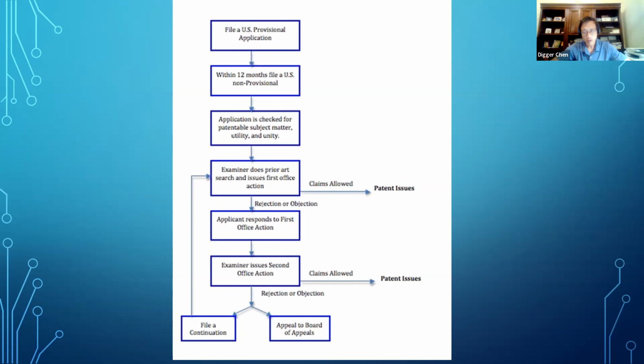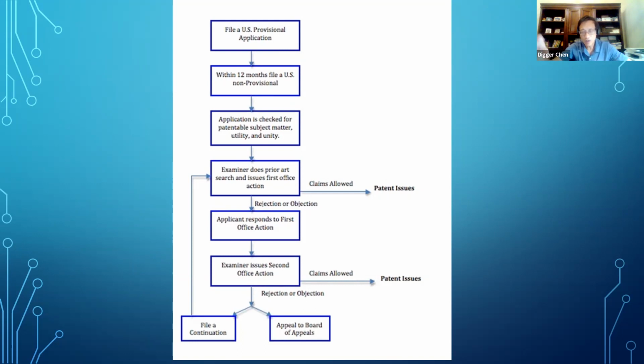Maybe within these 12 months, you did some search, or somebody told you already, oh, there's something already published, or you think this is not worthwhile to file a patent, so you just abandon it. You just do nothing. Then 12 months lapse, your provisional application dies. But within 12 months, if you find, hey, that's worthwhile to file a patent, then you file a US formal application called a non-provisional application, into the USPTO, and they